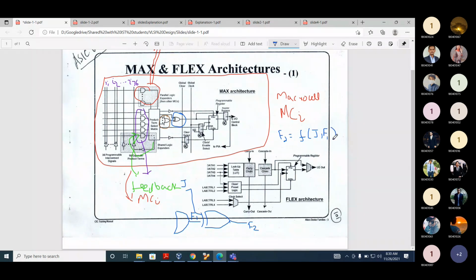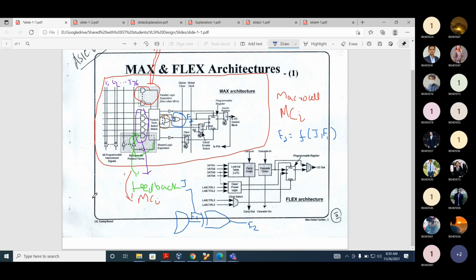Naturally, let's assume this output is your F. It depends on whether you want a non-inverted output or an inverted output. It depends on the signal J.